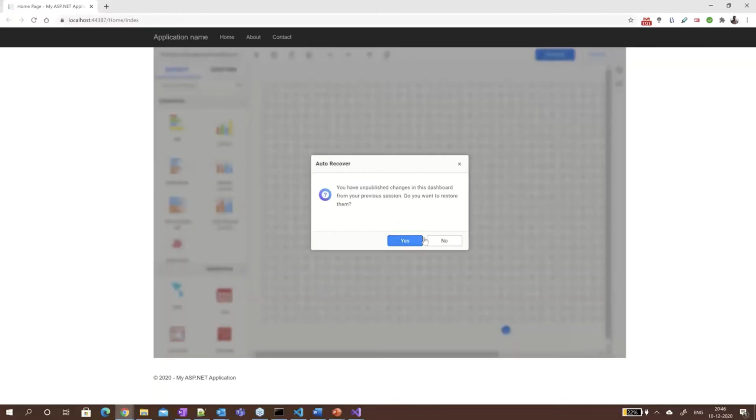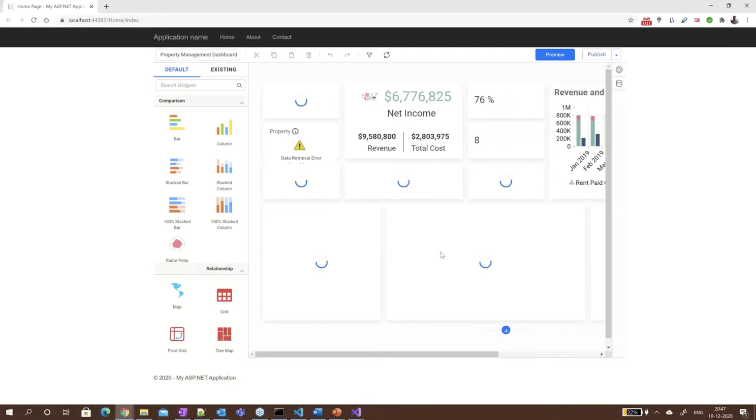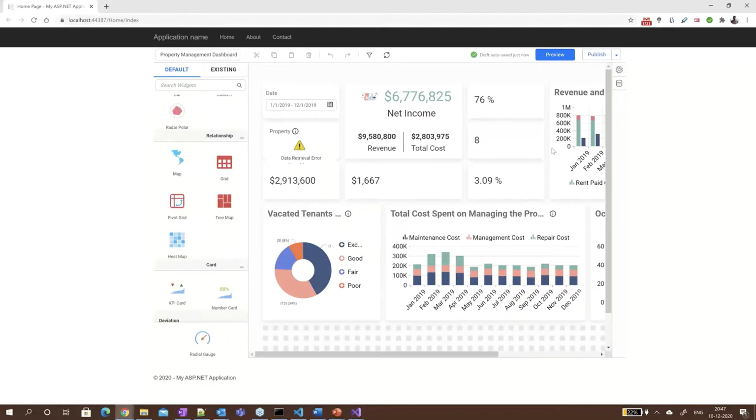On running the sample, you can see that the property management dashboard is loaded in designer mode. So you can edit or add a few more rows, drag and drop widgets and save it.